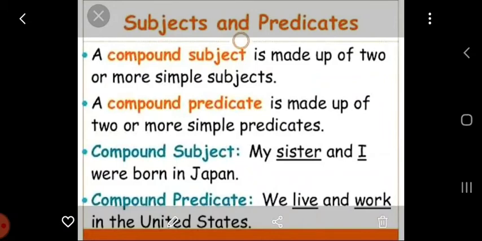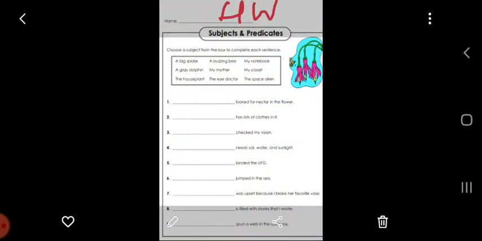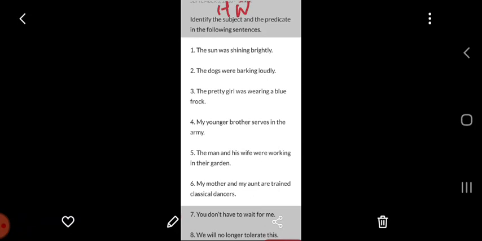So these are the examples and the definitions which I showed you. Now you have to solve the assignment given. There are two assignments. Please solve them in your notebook. And when we come back to school, I'm going to check it. We are also going to go to the next grammar chapter, or solve this chapter's lesson, when we go for